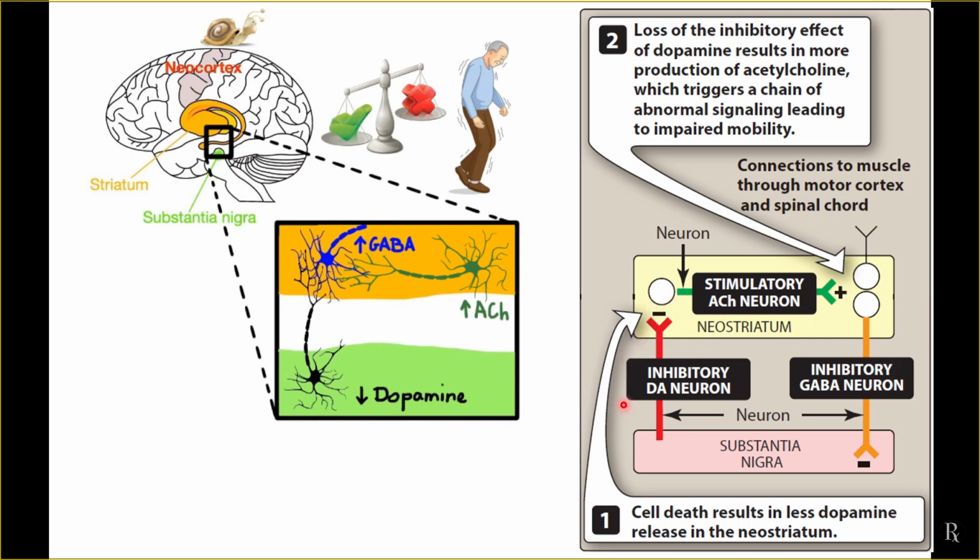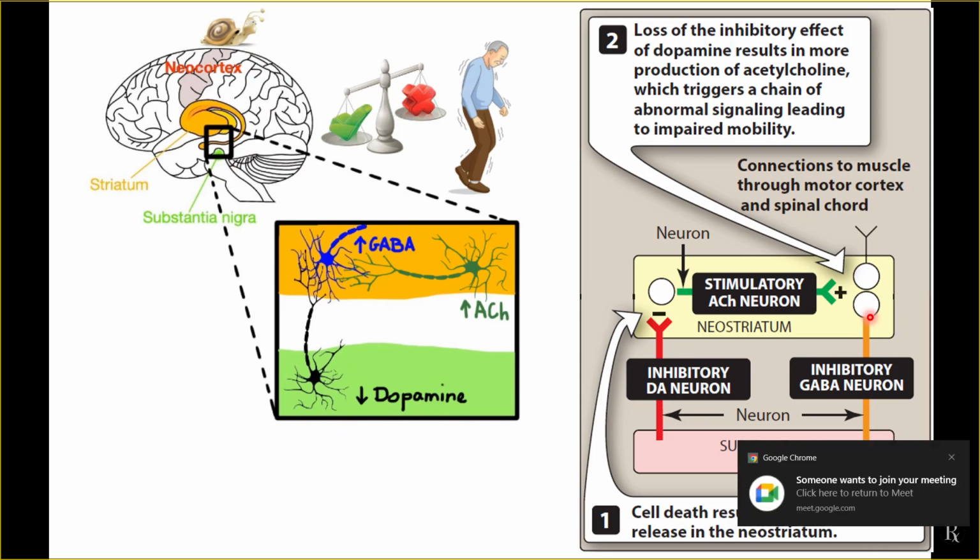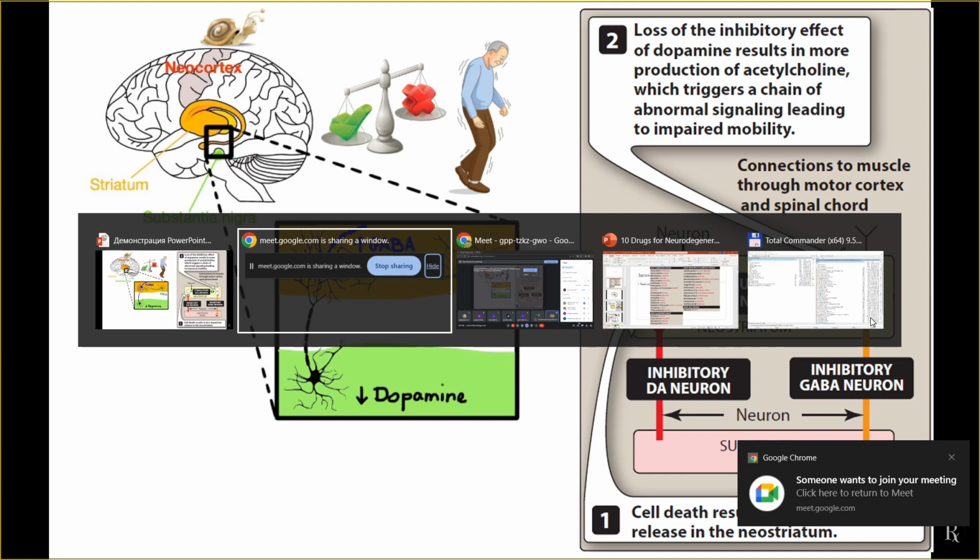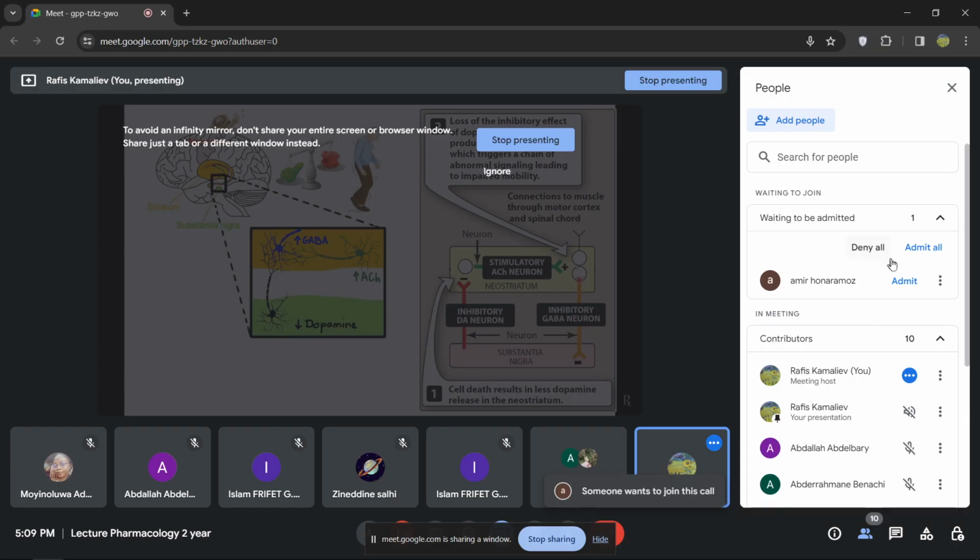So when the dopaminergic neurons decrease and no longer inhibit the neostriatum, that leads to a lack of inhibition of the GABA neurons, and that is leading to the imbalance in the system and development of